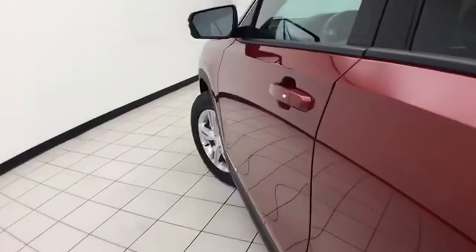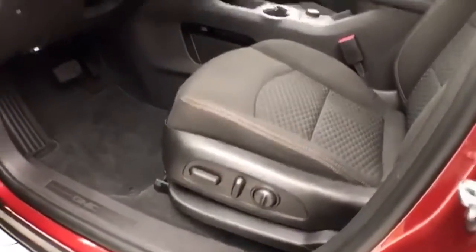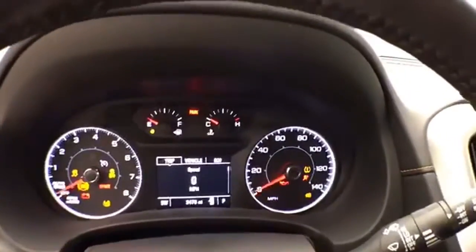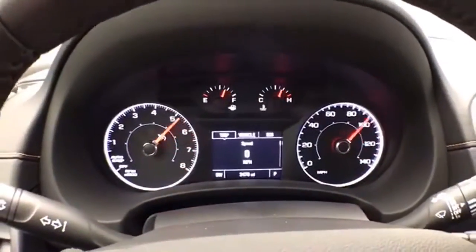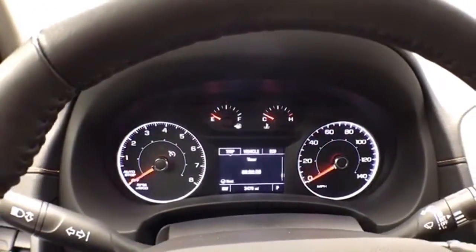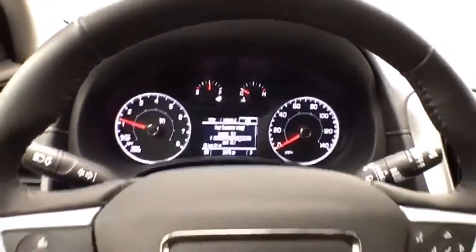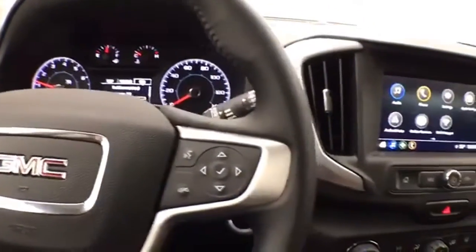This SLE has keyless entry with remote start, power windows, locks, mirrors, power driver's seat, along with a tilt and telescopic steering wheel to put you in that perfect driving position. Push button start. Again, only 3,000 miles with driver information system controlled by buttons on the steering wheel, cruise control, steering wheel mounted audio controls,